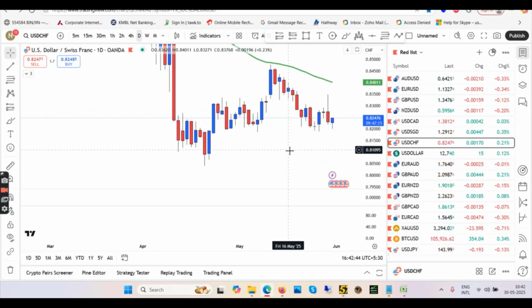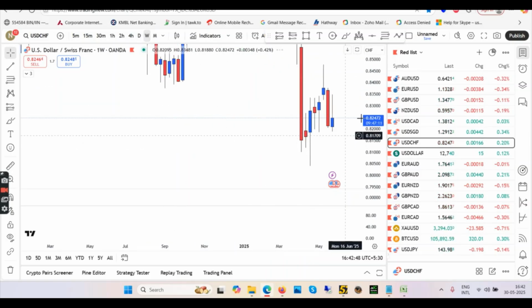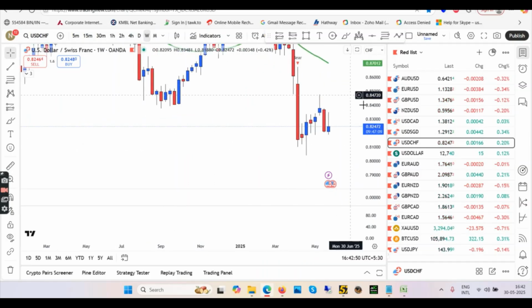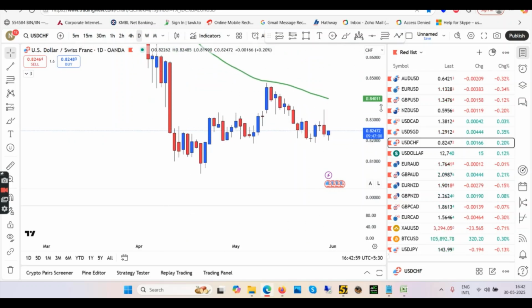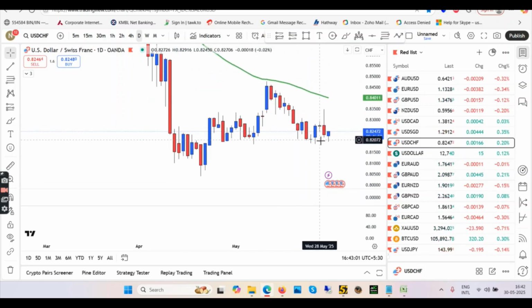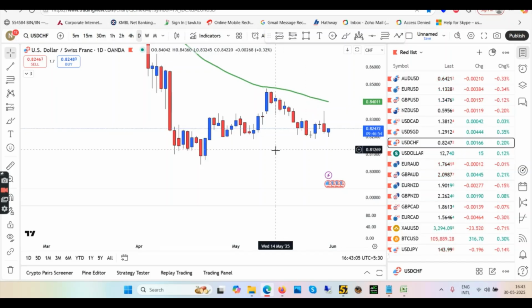Coming back to the chart here, starting with the top down approach with weekly time frame. Weekly, what do we have? Well, to be honest, not many people trade USDCHF, so I will keep it short, okay? So daily, this weekly we're still down, and then daily we are trying to move up.